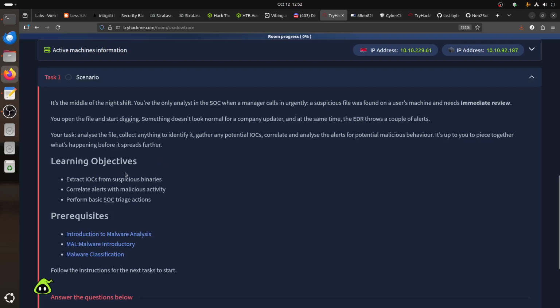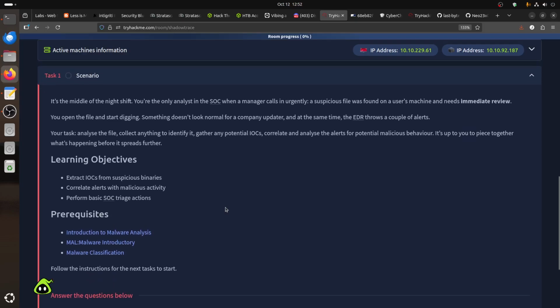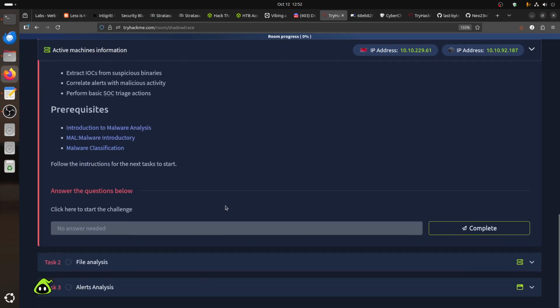Learning objectives of this room: extract the IOCs. Basically, most of it is about IOCs, not analyzing, from the suspicious binary. It's only one binary. Correlate alerts with malicious activity and perform basic SOC triage actions. So this is more about SOC than analyzing malware. Introduction to malware analysis,